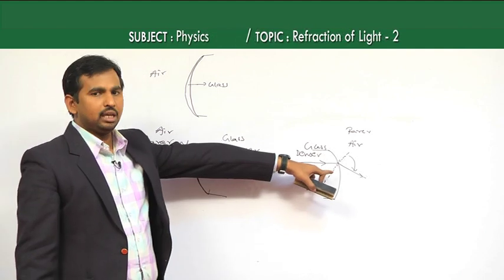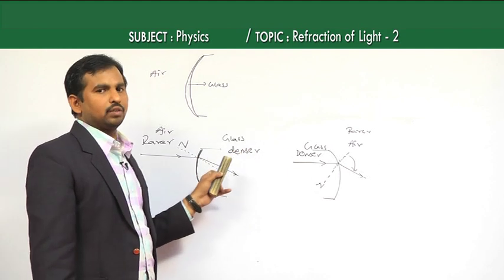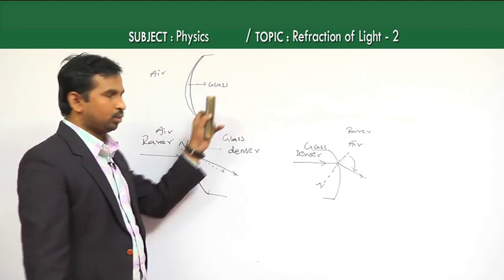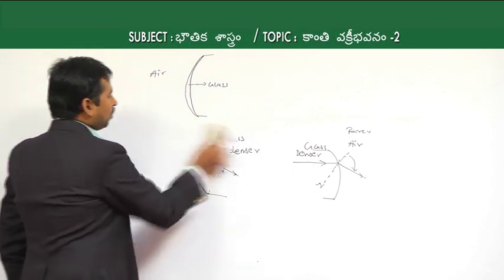And here it is bending away from the normal. Okay. This is the nature of a convex lens if the light ray passes through a convex lens. And in the same way, if you are taking a concave lens,